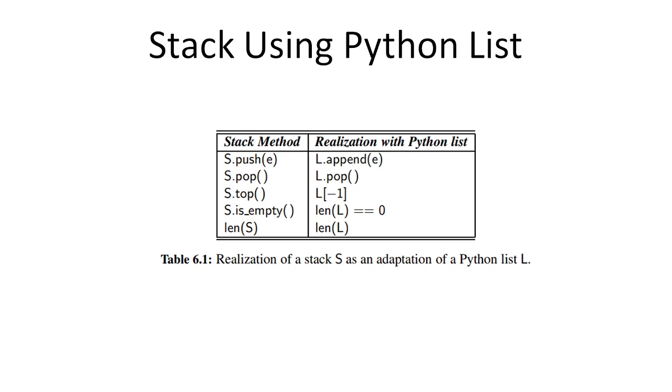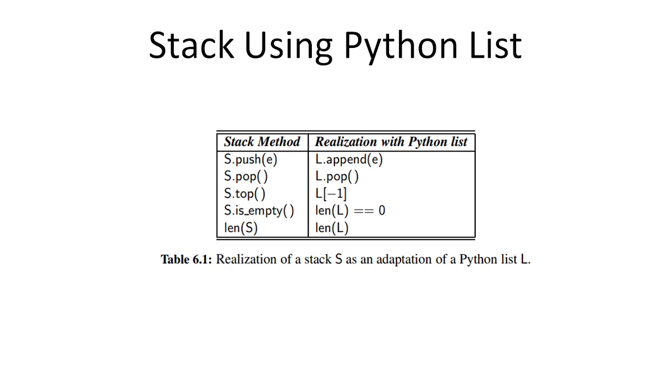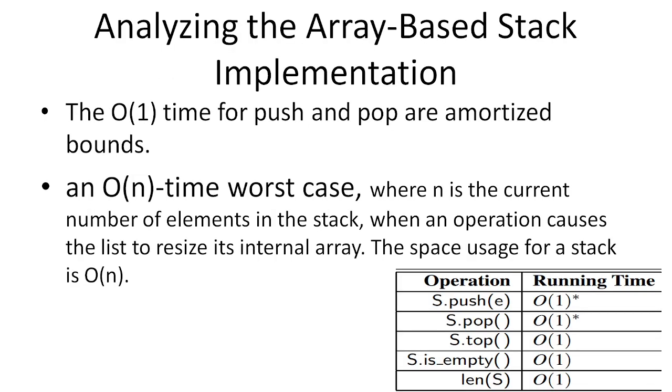For is_empty, we have len(L), and if it returns 0, that means the number of elements present is 0, so the stack is empty. We can conclude like that. Similarly, for finding the number of elements, we have the method len. So implementing a stack by using a list is very easy in Python. We can create a list-like structure in the stack ADT, and we can write our interfaces, push, pop, is_empty, and len methods, which are going to return the elements as per our operation.